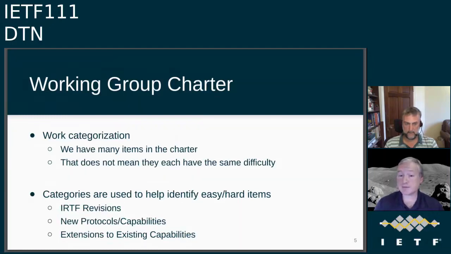So we had generally 3 different categories. The first is, are there things still that came out of that initial body of work in the DTNRG and the IRTF that we wanted to continue to refine and adopt in the context of the DTN working group in the IETF? The second is, what are the new protocols and capabilities that we know need to be discussed in this working group as part of the operational deployment and maintenance of DTNs? And the third is, are there new things which are variations on a theme that we have already done, such as defining extension blocks and convergence layers, which, while they are not new and otherwise unprecedented? So if we then were to go to the next slide,